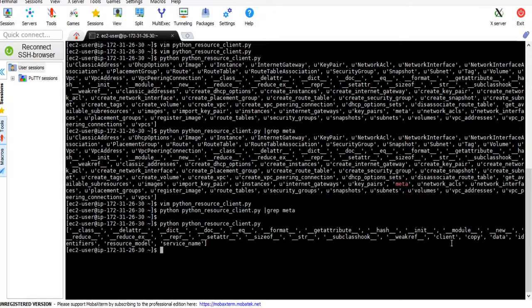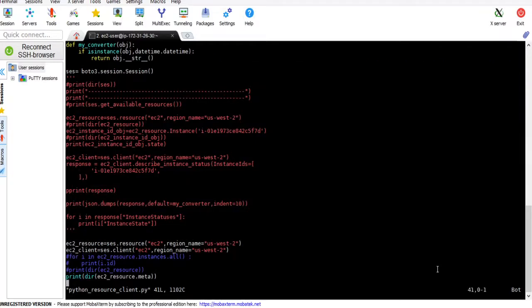So format get attribute module, this one. Oh, client will be available. Sorry, no need to define the client. My bad. So here we can define dot client directly